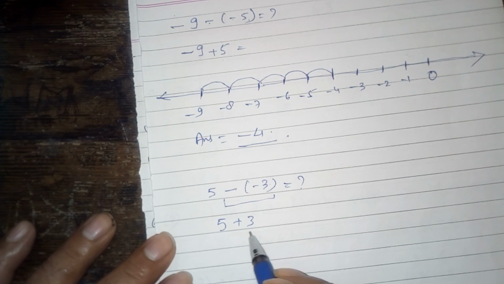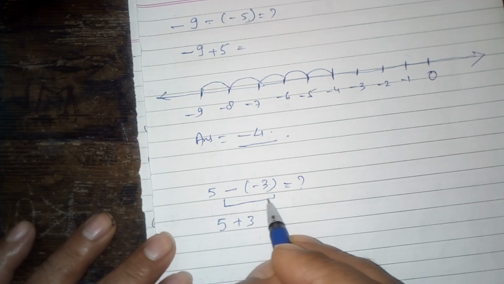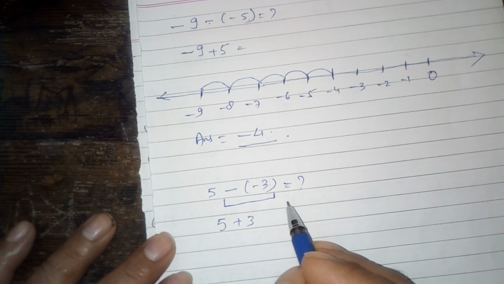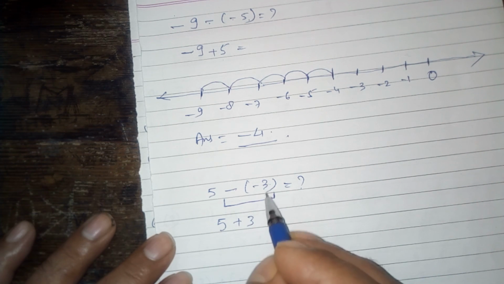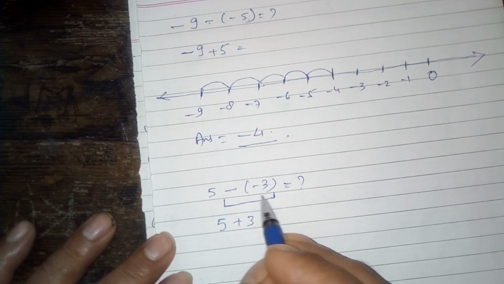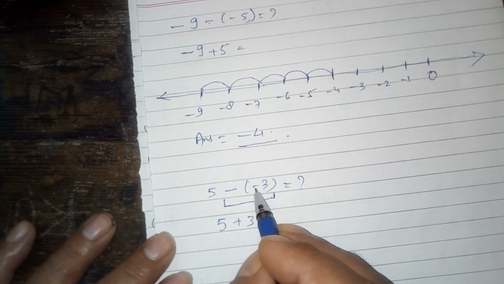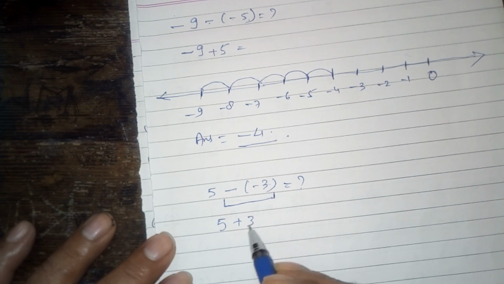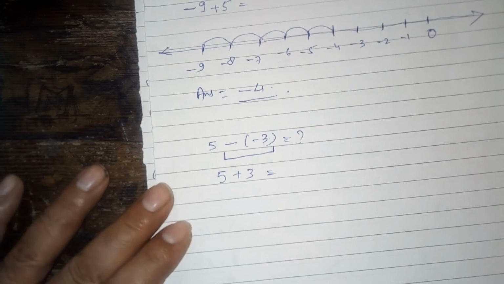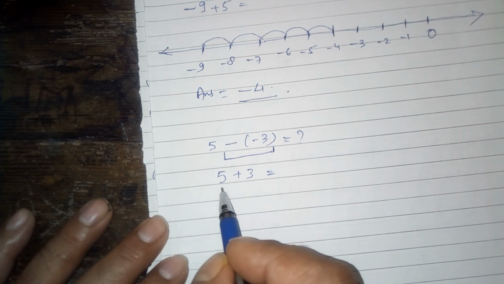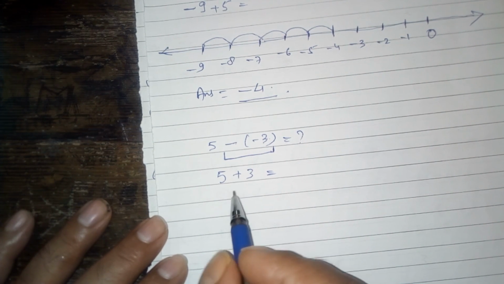How did you get plus 3? What is the meaning of this numerical statement? The meaning is additive inverse of minus 3. So additive inverse of negative numbers are always positive. Then let us discuss the answer of the given question.